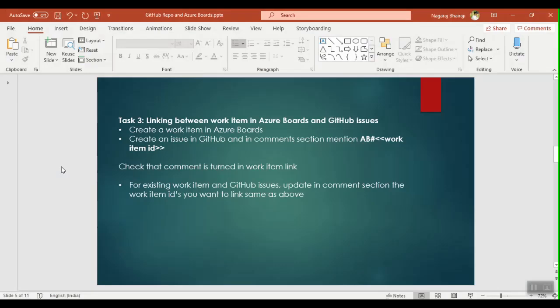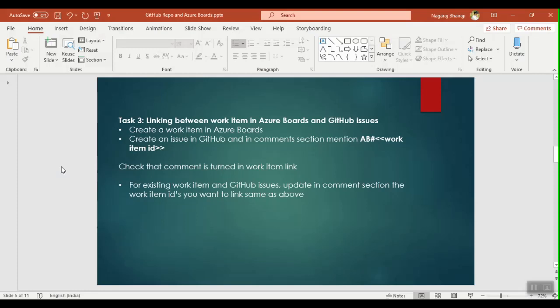In this video, we saw how to integrate between Azure Boards and GitHub repos, and we saw how the integration can be set up both from the GitHub Marketplace and from the GitHub connection in the project settings. And we saw how to mention the work item ID while we are doing commits or pull requests, or while we are merging the pull request.